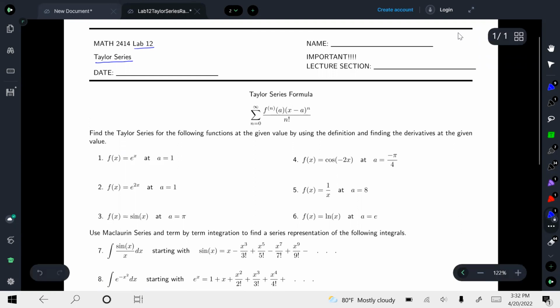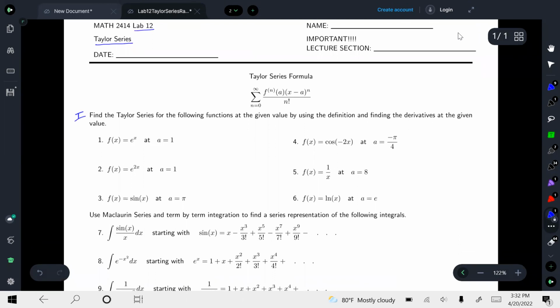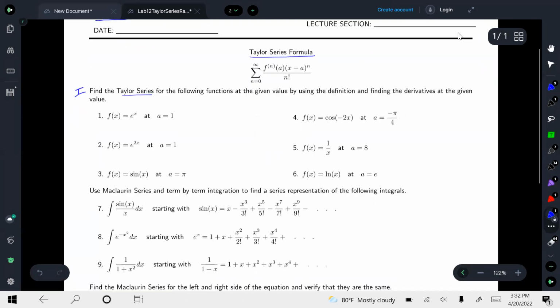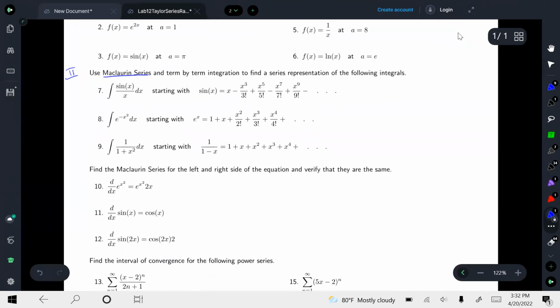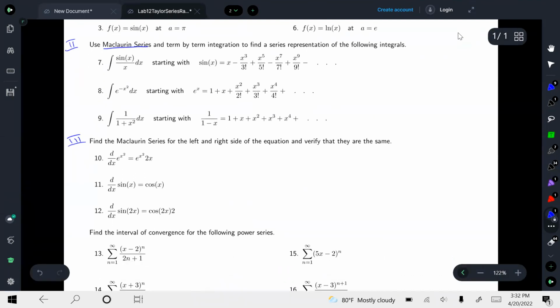Now coming to lab 12, we have 4 types of questions. The first type is you need to find the Taylor series using the Taylor series formula. In the second type, you need to use the Maclaurin series and then integrate to find the series of the following problems. And for the third type, you will be doing something similar to type 2, but instead of integrating